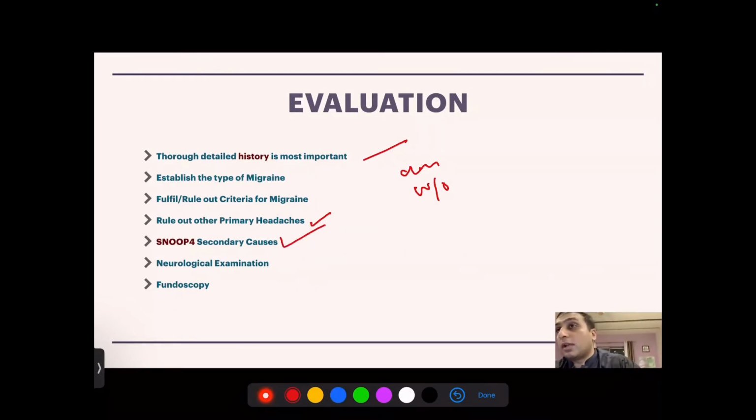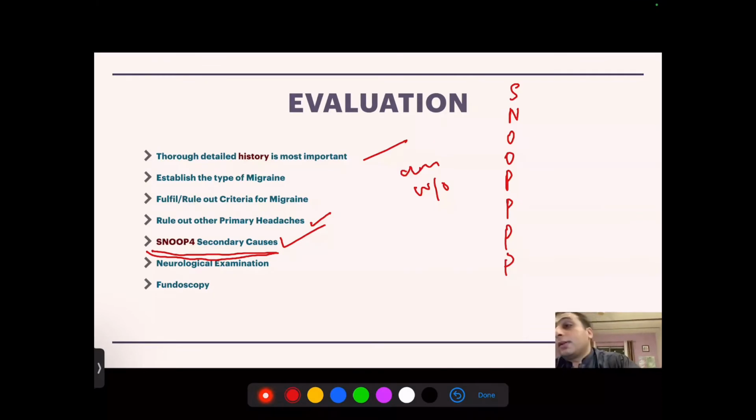And Dr. Raza asked before the presentation, what is the threshold for imaging in these patients? So you remember this particular mnemonic. It is a very good mnemonic that I particularly use in all patients who come to me with migraine. How do you find out that it is migraine? If somebody has a complete diagnosis of migraine by criteria, it is not 100% certain. It cannot be due to a secondary cause. So you use this